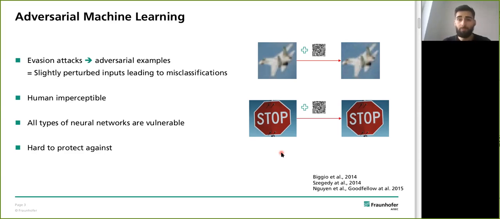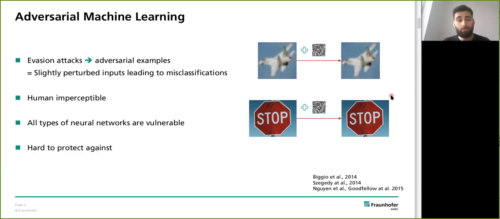a stop sign. During the attack, the attacker adds slight perturbations, a little amount of noise, and on the right-hand side, we can see the combination of this slightly added noise and the original inputs. And we can see that the pairs are very similar to each other. So the plane still looks like a plane and the stop sign still looks like a stop sign. Therefore, those adversarial perturbations are often human imperceptible. We cannot see them. But both examples are misclassified in this case. The plane is not classified as a plane anymore, and the stop sign is also misclassified, in this case, as a 100-mile-per-hour sign. And all neural networks are vulnerable to such adversarial examples, and they are very hard to protect